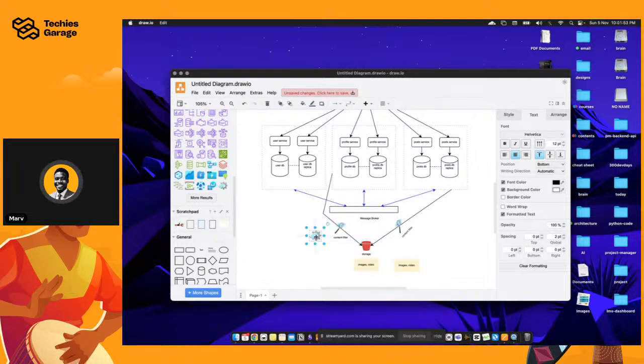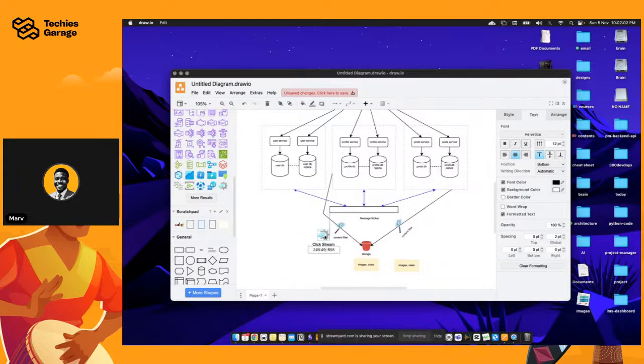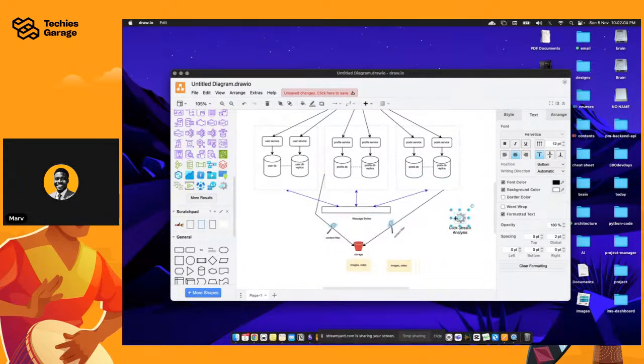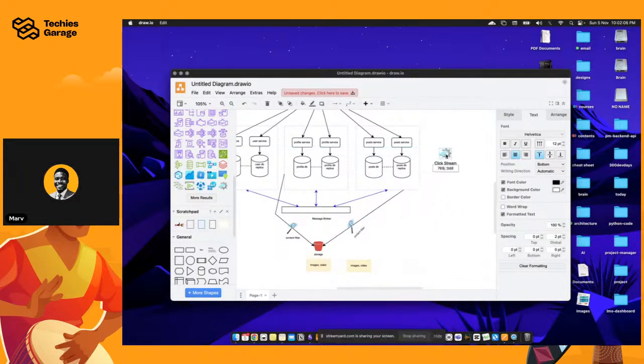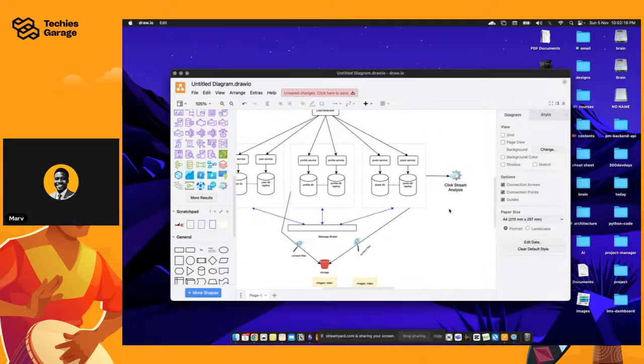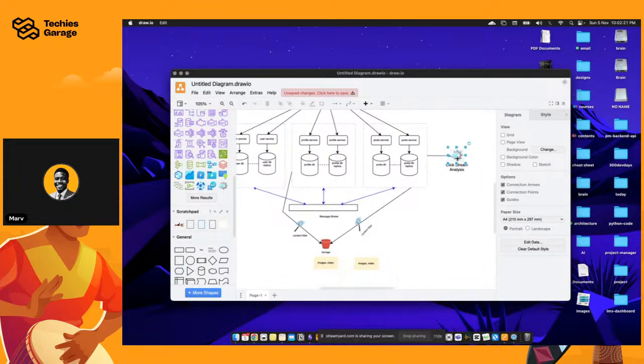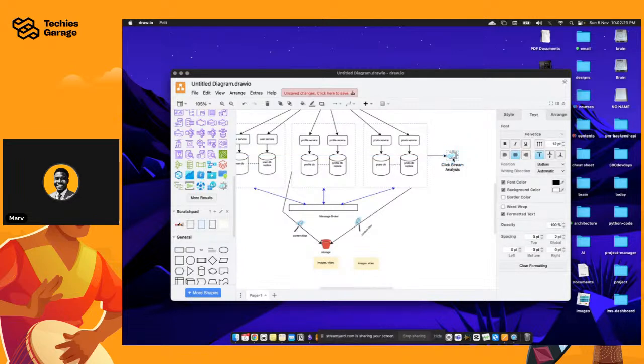But we can basically set up some sort of clickstream analysis, right? So we can decide to just use a service for this. Let's just say we're trying to track the posts that a particular user is interested in. We can be doing that using that service, and at the end of the day, that service would probably also communicate with some sort of